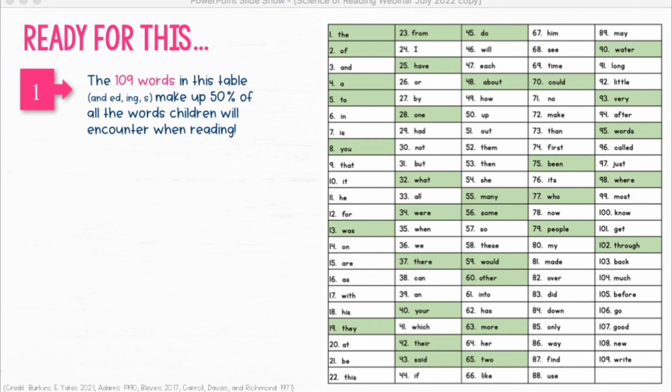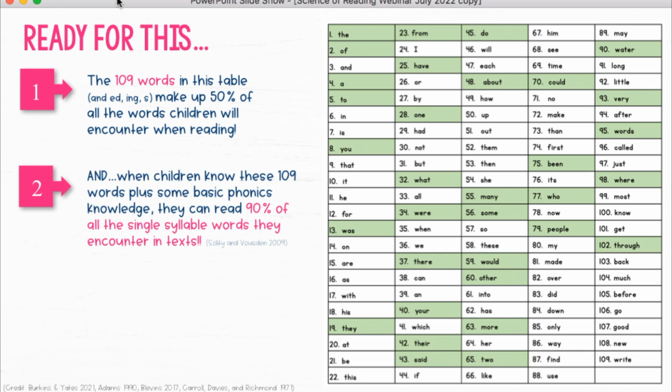I wanted to show you this piece of information because I thought this statistic was a little crazy. These 109 words in this table and their derivatives, meaning these words that either have an S, an ED, or an ING added onto them, make up 50% of all words children will encounter when reading. That's a pretty crazy statistic, that these 109 words make up 50% of all words children will encounter when